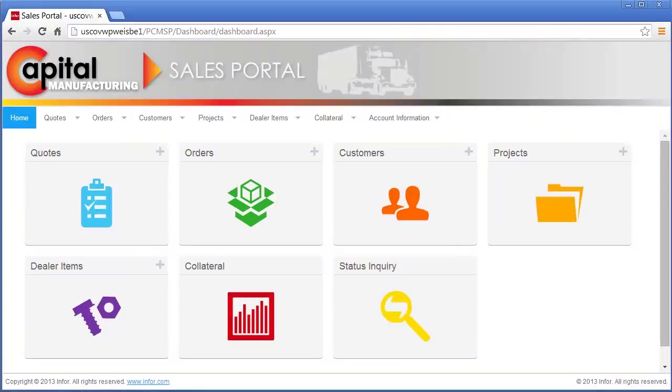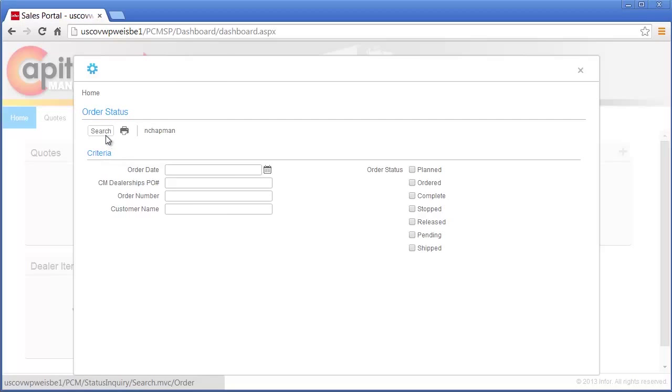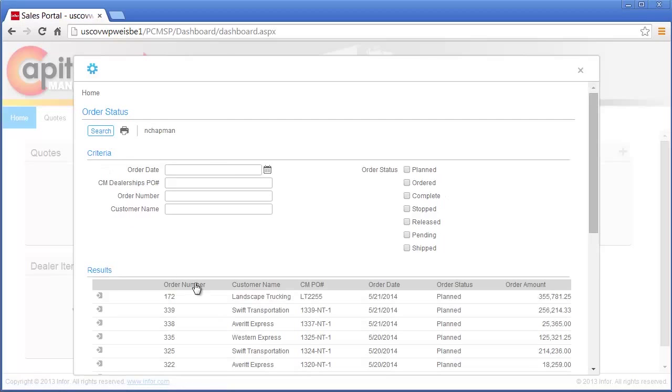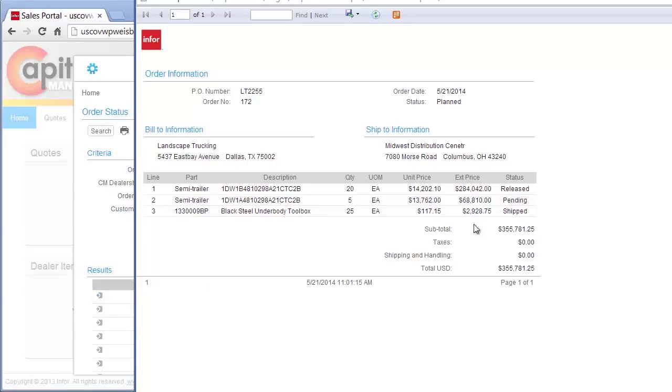Nick is planning for the delivery of trailers from Capital Manufacturing and needs to confirm the delivery date. Rather than calling Bill, the Capital Manufacturing customer service representative, for this information, it is quicker and easier to simply use Infor Configure Price Quote. Nick has access to view order, invoice, and shipment status information all in one location. He easily finds the sales order based on the purchase order number he entered when placing the order. Here, he is able to quickly view the overall order status and line status information so he can coordinate the necessary activities to accept shipment of the new trailers and in turn deliver them to his customer.